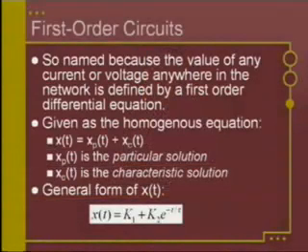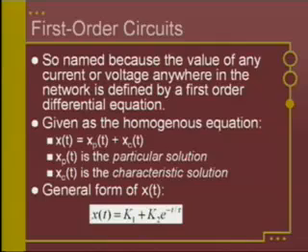And there are two chunks of that, the particular solution and the characteristic solution. I don't know if that sounds familiar to you from differential equations or not, but the general form of our differential equation solution, for any part of the circuit, x of t,